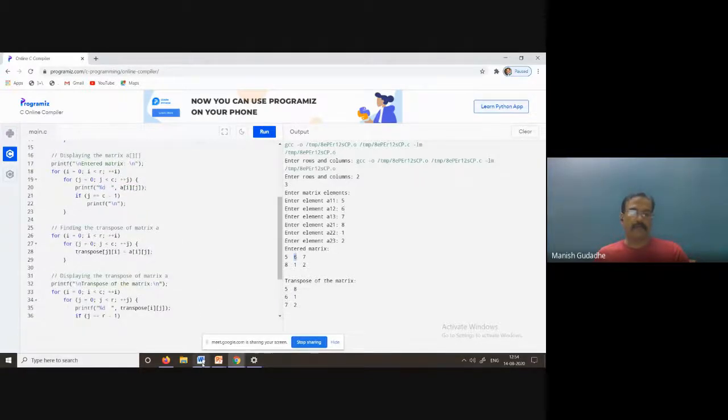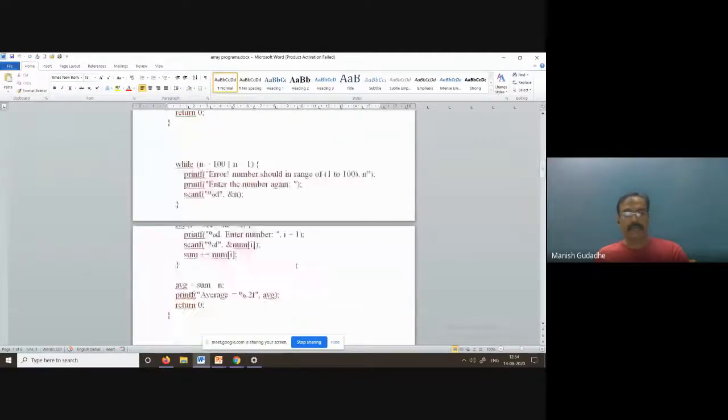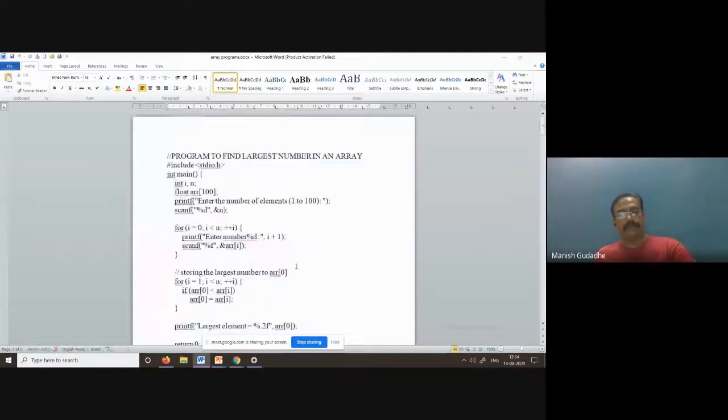Okay, and one more program is there, a program to find the sum of 2 matrices, where we'll be adding 2 matrices. I will post this in Moodle.